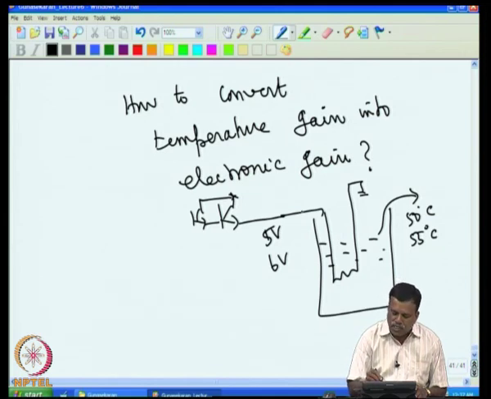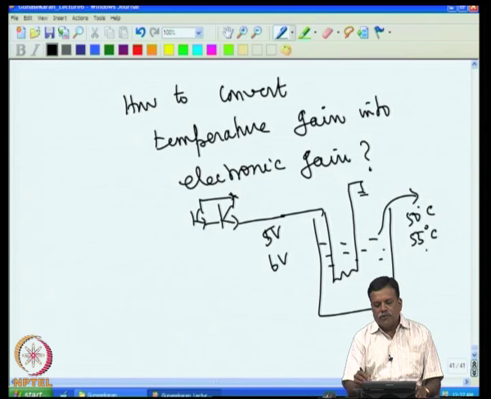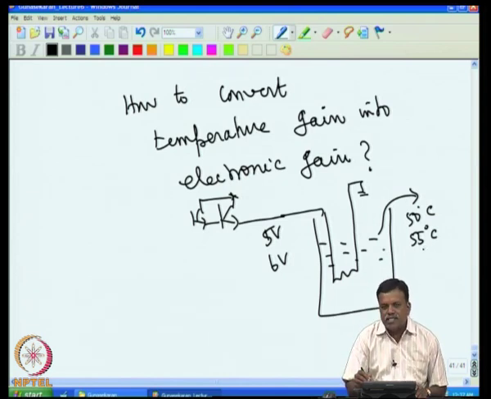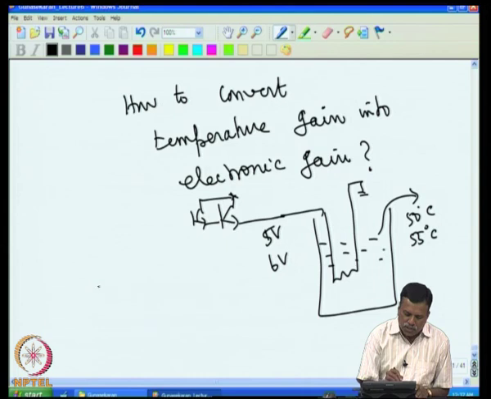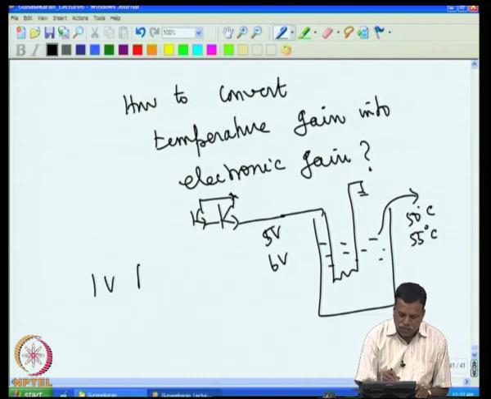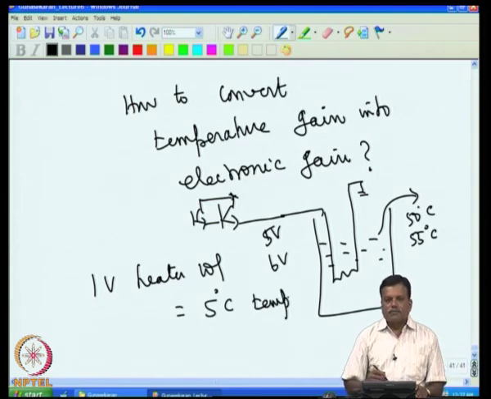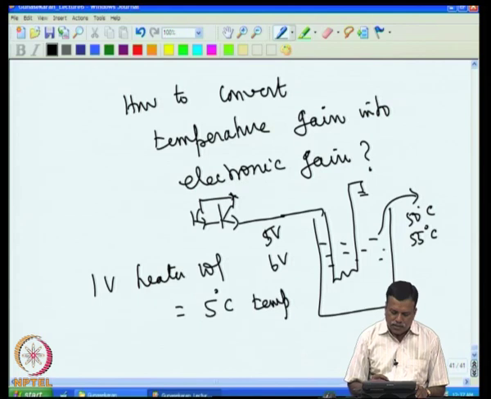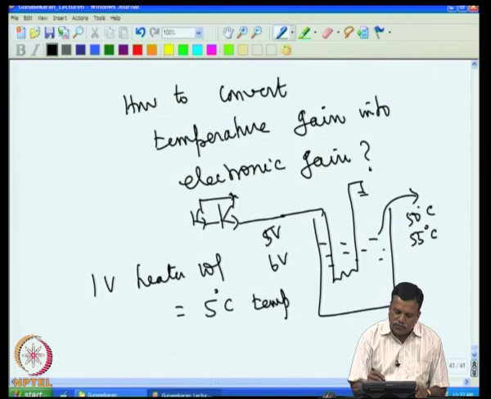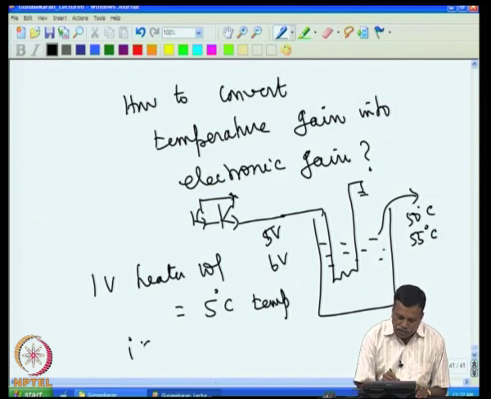That means 1 volt change gives you 5 degree temperature change. That means 1 volt heater voltage is equal to 5 degree temperature rise. Now, 1 degree temperature rise gives